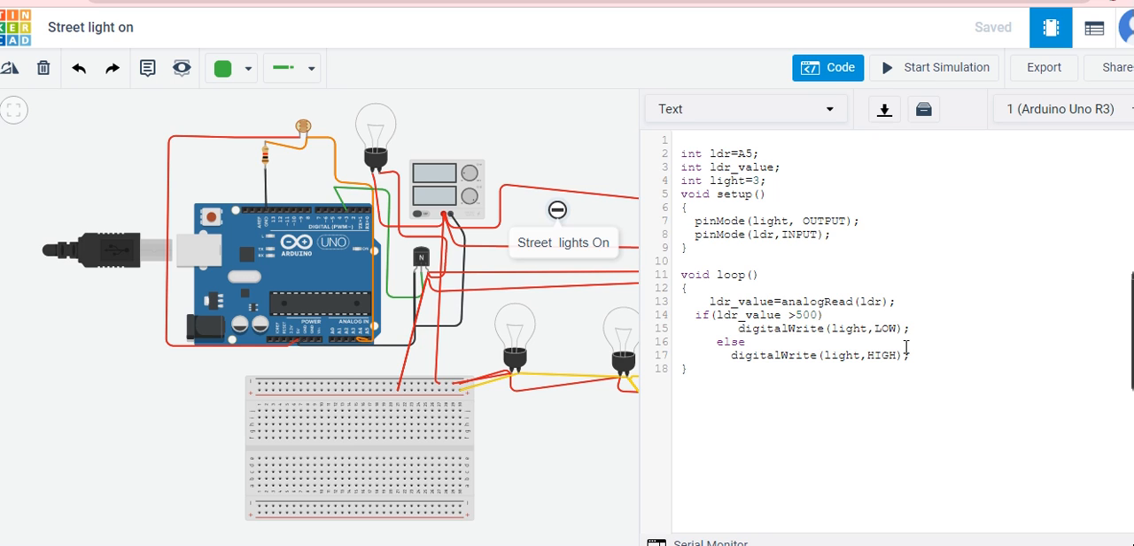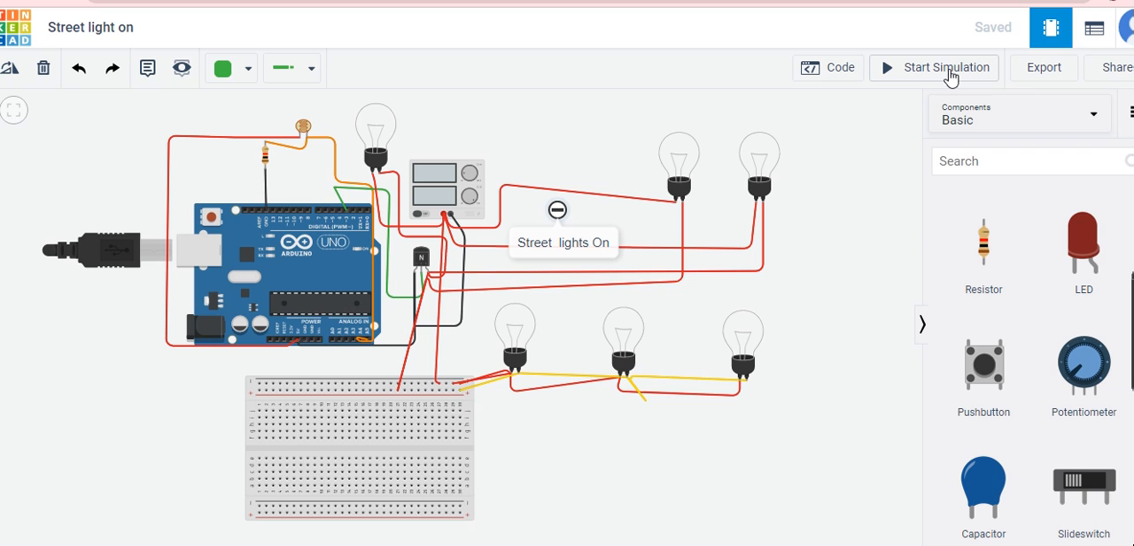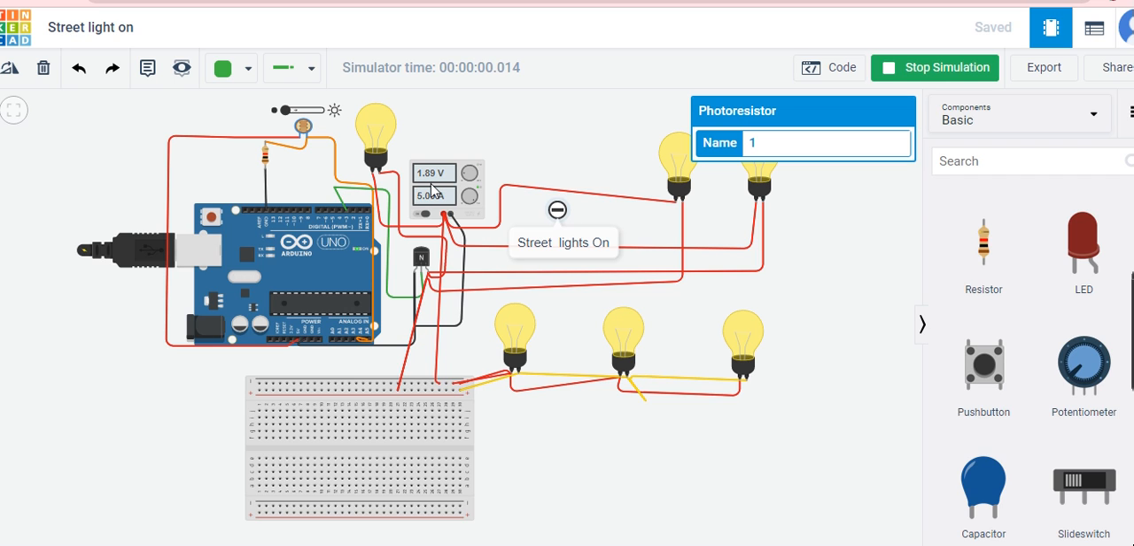Then just click start simulation. When you start the simulation, initially see, all the lights are on. This is your sensor. All lights are on because the voltage is taking time, and all the LEDs are on at the start because it is dark. This photoresistor is giving less voltage. Suppose you increase the sensor value,